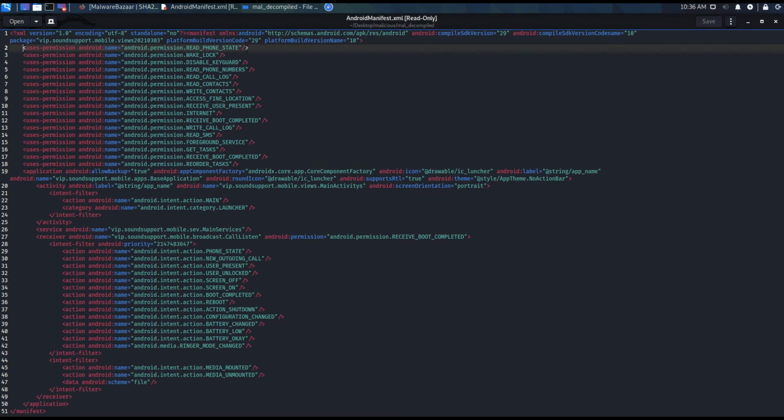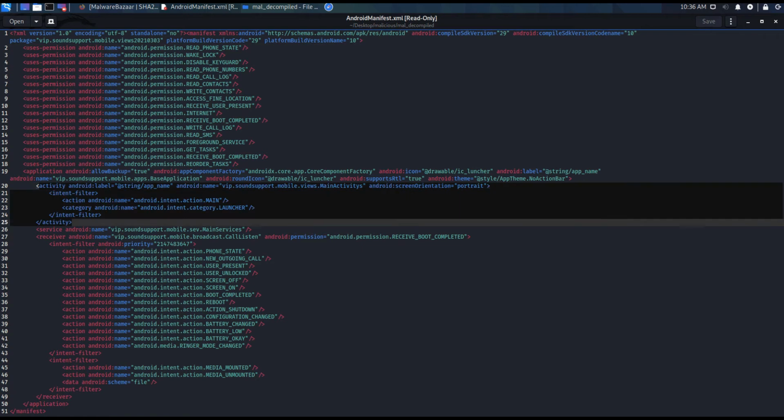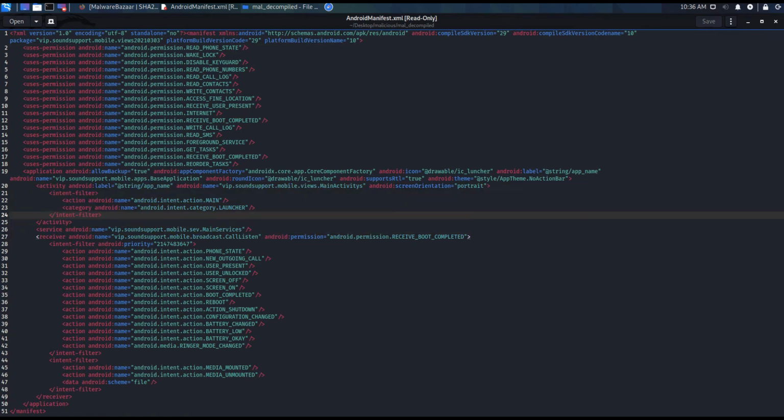And also one more thing, whenever an application is launched, the first activity means it's a screen. Whenever an application is launched, you can see the first screen inside an Android from your user point of view. So that is mentioned here, Android intent action main category launcher. It means whenever an application is launched, this activity, the main activity, is loaded. So let's copy this and see.